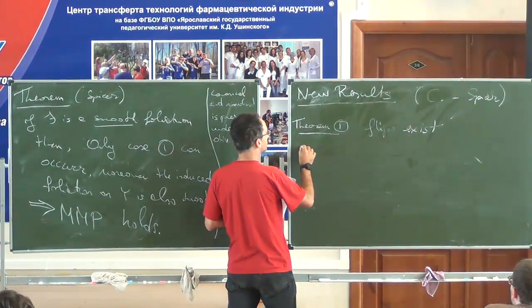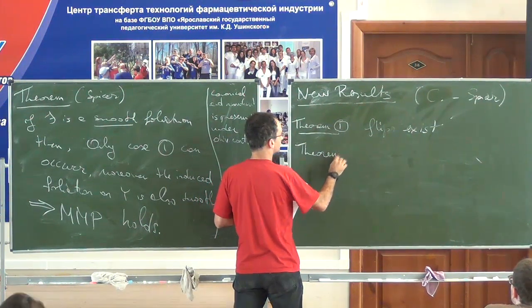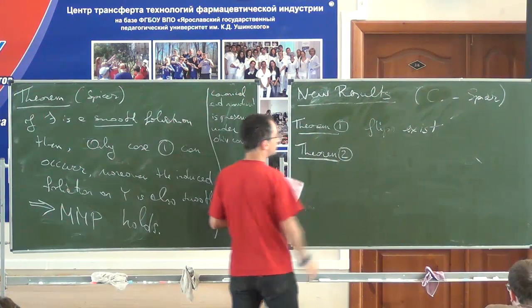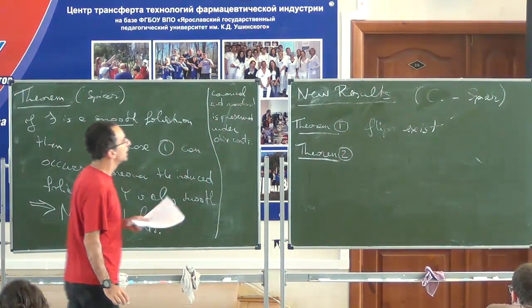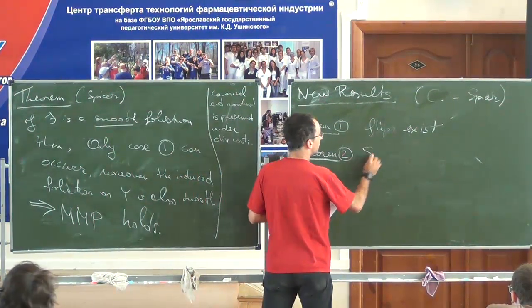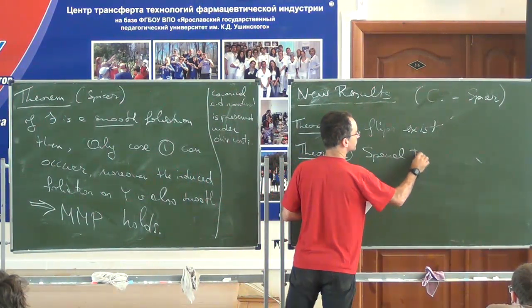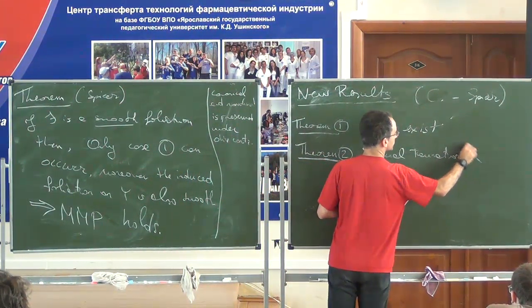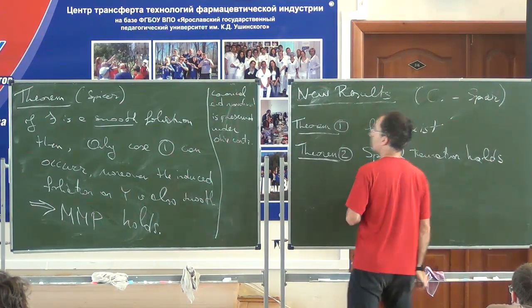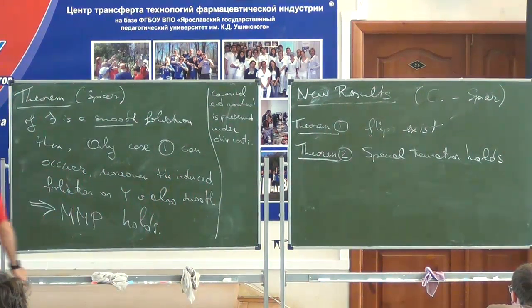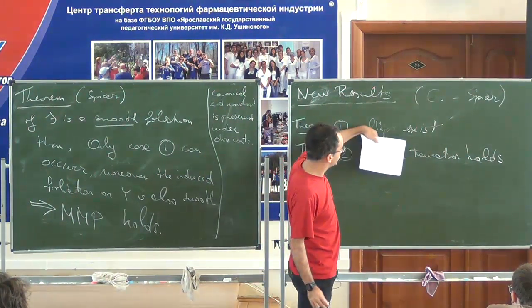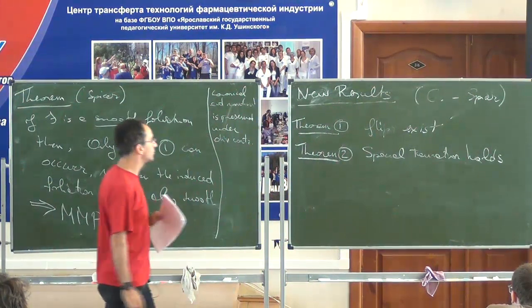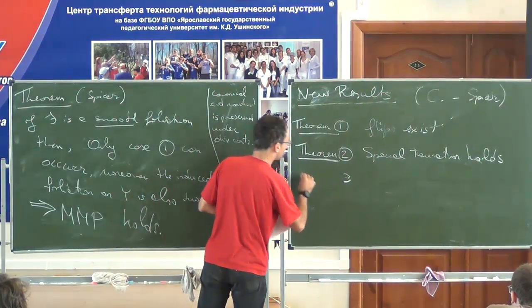So the second theorem is, many of you maybe already heard this expression, I will talk about it in a few minutes: special termination holds. So you see, for flips, we don't have something as nice as this. So to show that flips terminate is by far more difficult. So we are not able to prove termination, but we're able to prove something which is good enough to prove the third theorem,